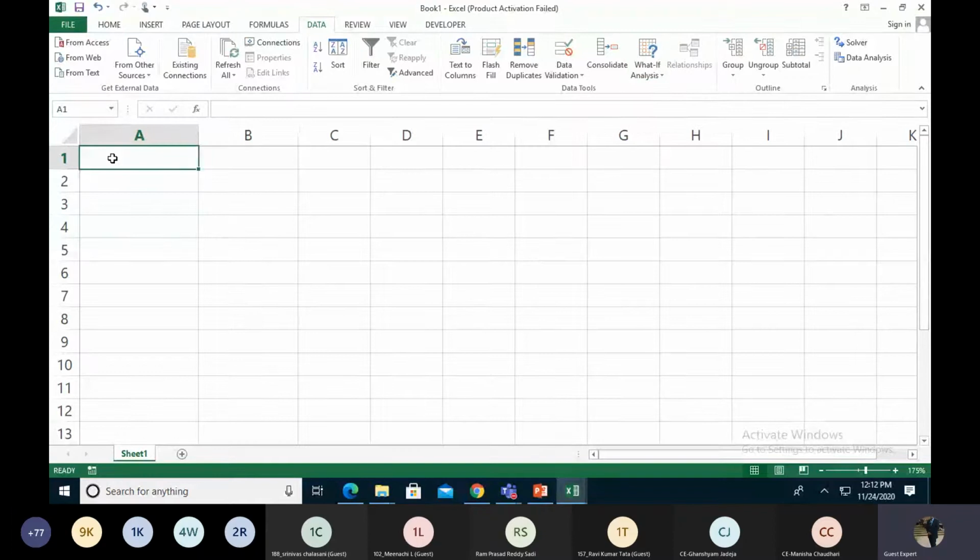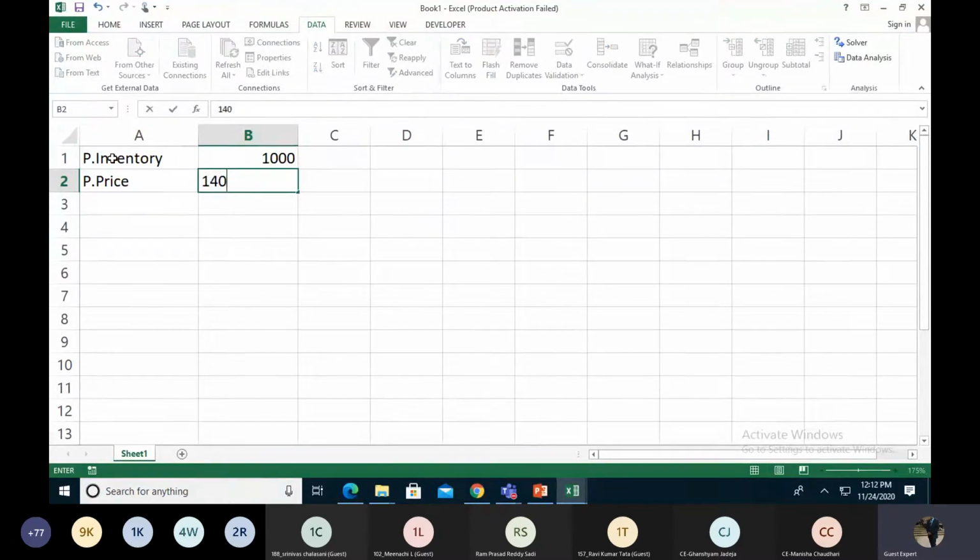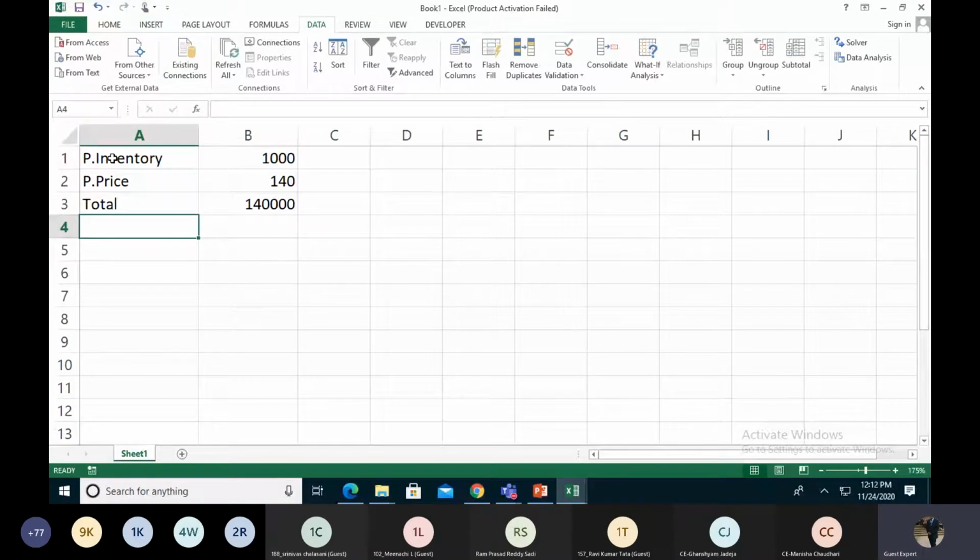Okay. So right now I have a product inventory. Suppose I have 1000 products. The purchase price I'm putting as 140. So we calculate the total. Then the variable cost.